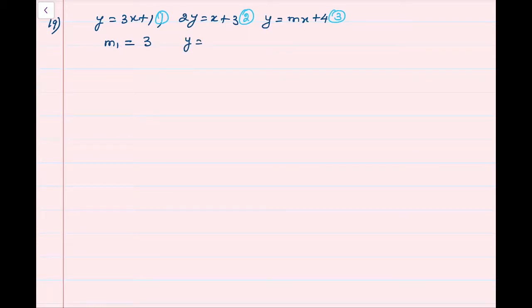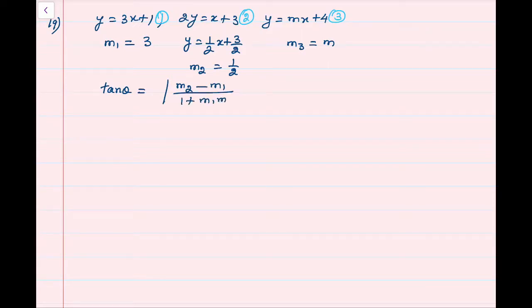And here y is half x plus 3 by 2. Therefore, slope of this line is half. And this is m. The slope is m. Lines 1 and 2 are equally inclined to the third line. So, tan theta formula, absolute value of m2 minus m1 divided by 1 plus m1 m2. Tan of angle between the first two lines is absolute value of 3 minus m divided by 1 plus 3m